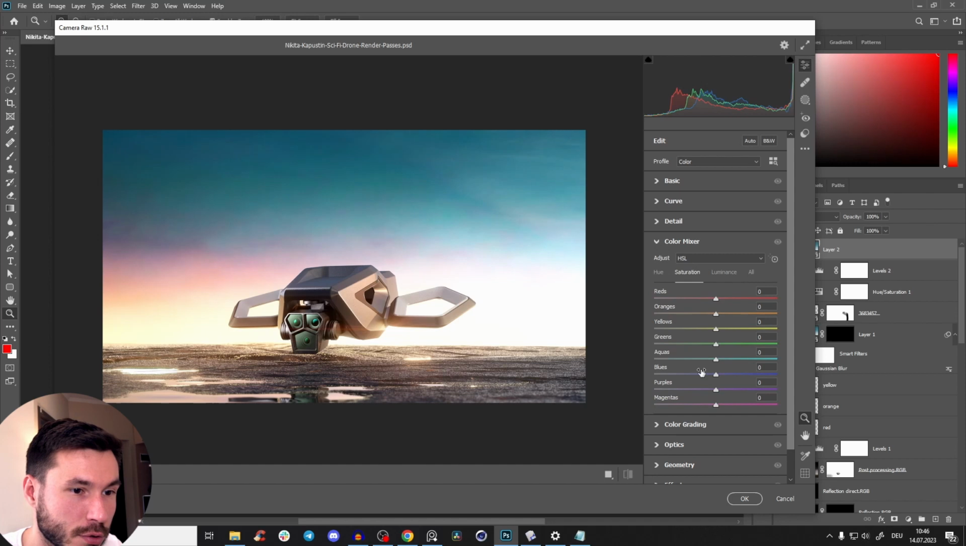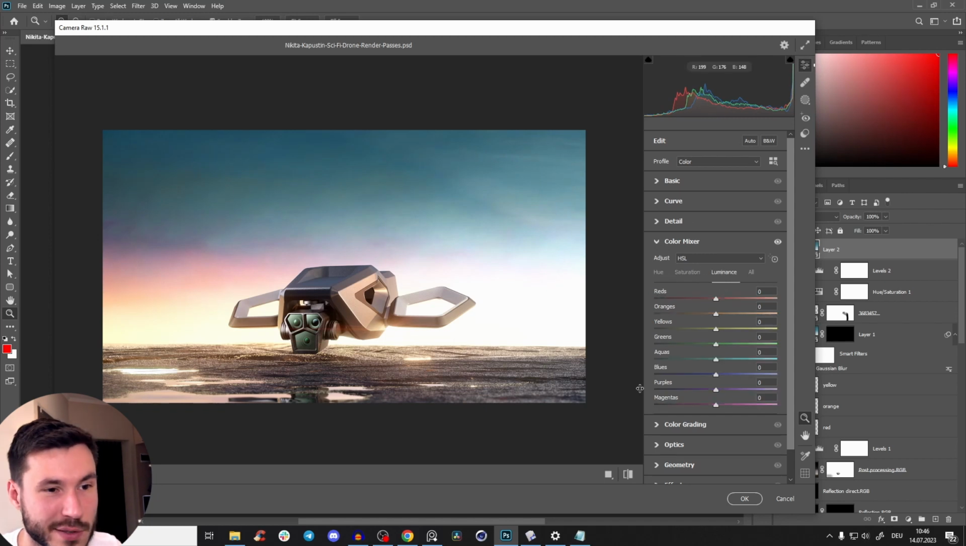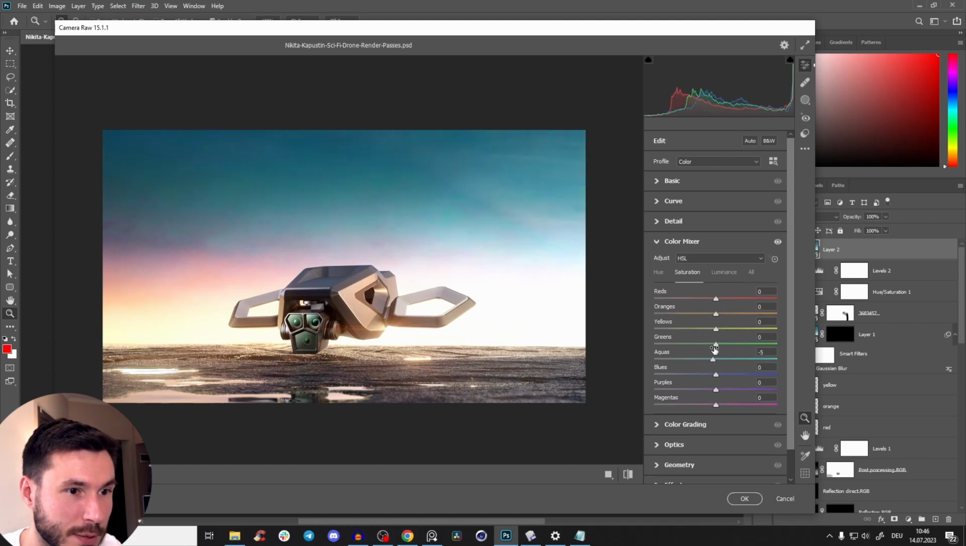But for example, if you go to saturation and we target here our aquas and we bring it to 0, you see we are losing the saturation only here in the aquas. So also the same for luminance or brightness. If we go to aquas, you see we can only affect this one here. So it's super powerful. And what I want to do is go to the hue,